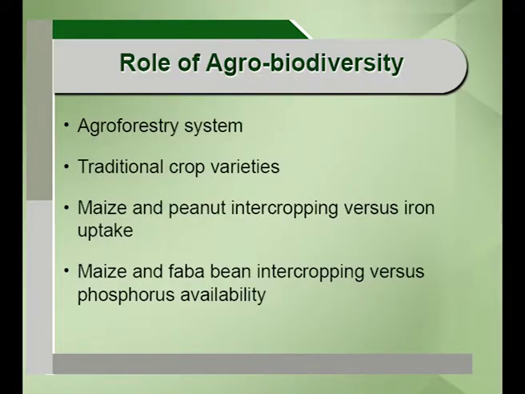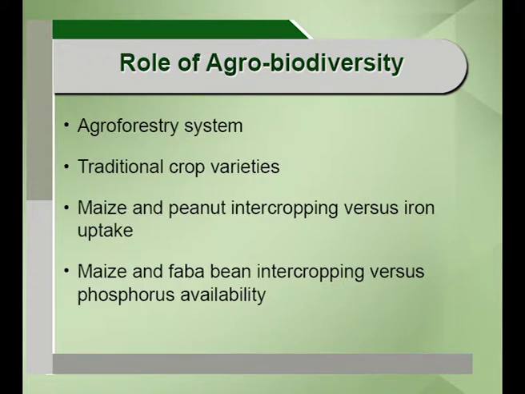I told you the importance of the agroforestry system. What does the agroforestry system symbolize? It symbolizes diversification. Diversification is a combination of agricultural crops and forestry. It can also include grass and fodder crops. So this agroforestry system has a lot of benefits, and you can see those benefits in our country